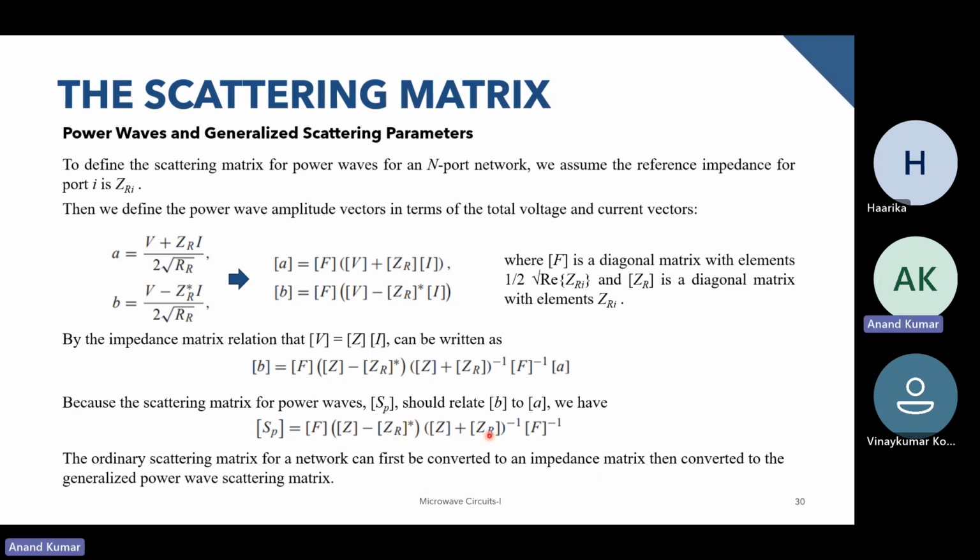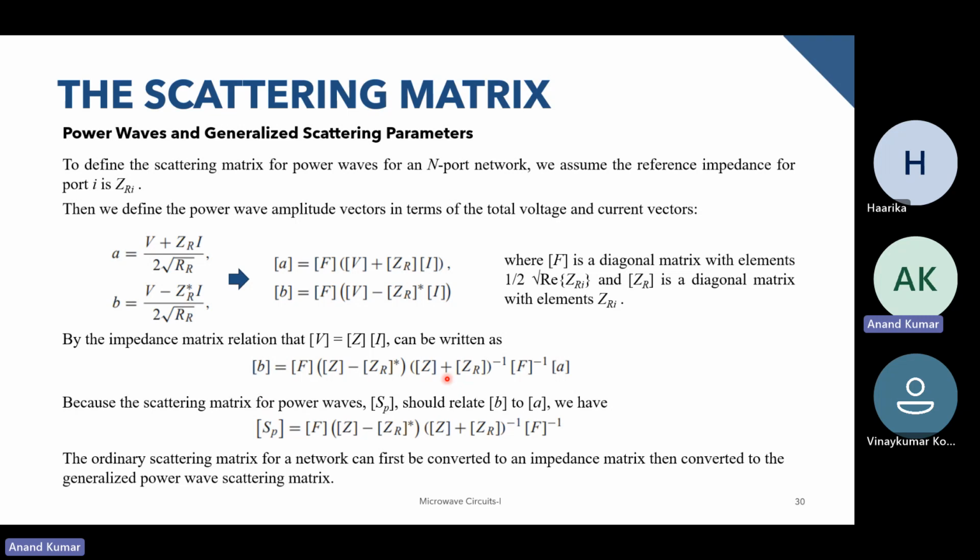And again, one thing that has to be noted is that to find out this scattering matrix for power waves, the procedure will be to find out the Z matrices, and then calculate the generalized scattering matrix. So you'll need to find out the impedance matrices first. Unlike the scattering matrix that we have seen earlier, you cannot find out this generalized scattering matrix from it,